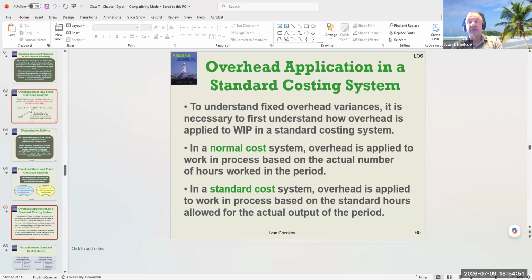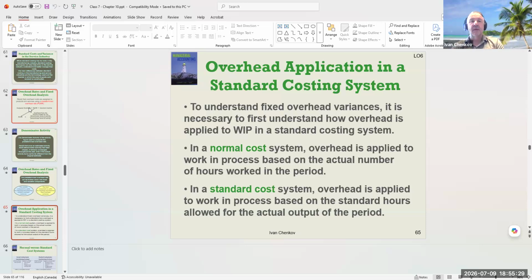Now in the standard costing system, overhead will be applied to work in process not on the actual number of hours, but on the standard hours which are allowed for the actual output for the period. So that will be slightly different, as you can see. That's how we're going to have one component on the right side, which is going to have the actual cost, versus